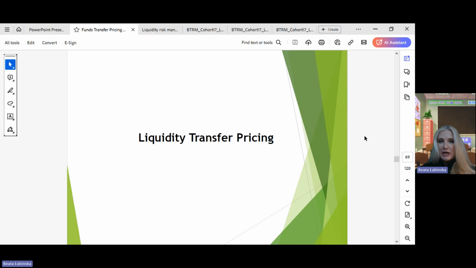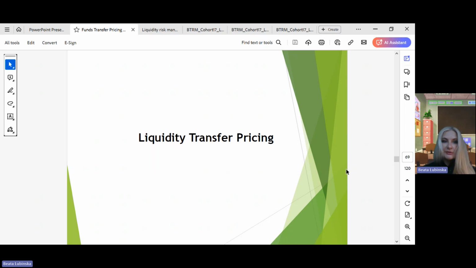So how to charge it out, how to remunerate the business unit for the funding, and also it deals with the contingent liquidity cost, which we mentioned briefly in the previous parts. This is due to the liquidity which has to be stored or accumulated in the form of a liquid asset buffer, because some products give rise to the need of holding HQLA, so high quality liquid asset buffer. As such, there are methodologies of allocation of this cost to the business unit,